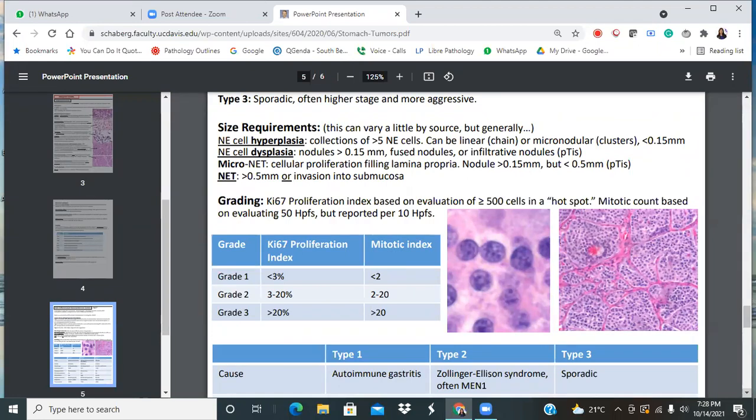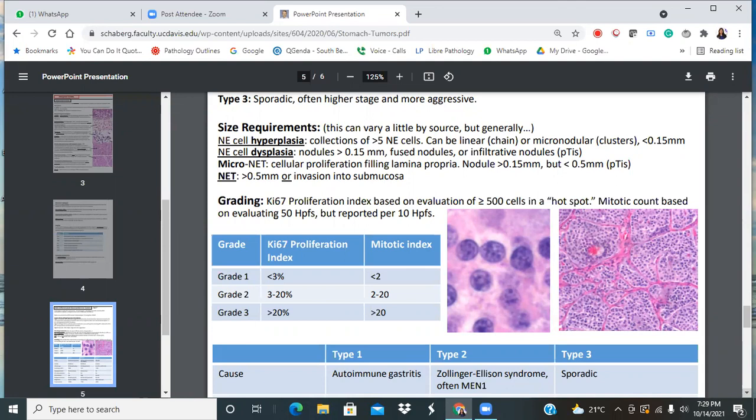No, we don't have the same. Remember, in the stomach, the reason we have that grading scheme is because we have patients with AMAG, and they might live for the longest time in their lives with micro NETs, very, very small, and it might not ever progress to true carcinoids. In the colon, you don't have that precursor. In the colon, you're not even supposed to have these cells. There are no ECLs there to start with. So it's always a dysplastic, neoplastic process in the colon. Okay, thank you.